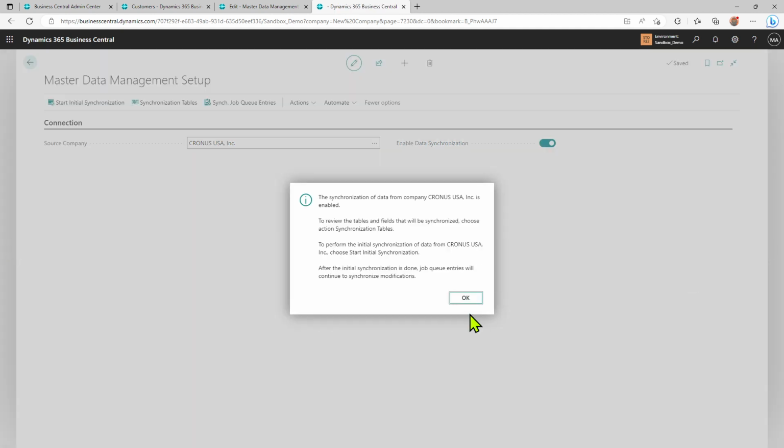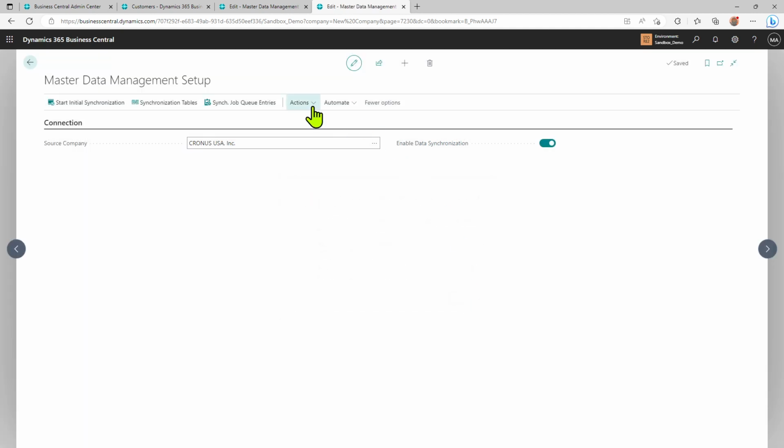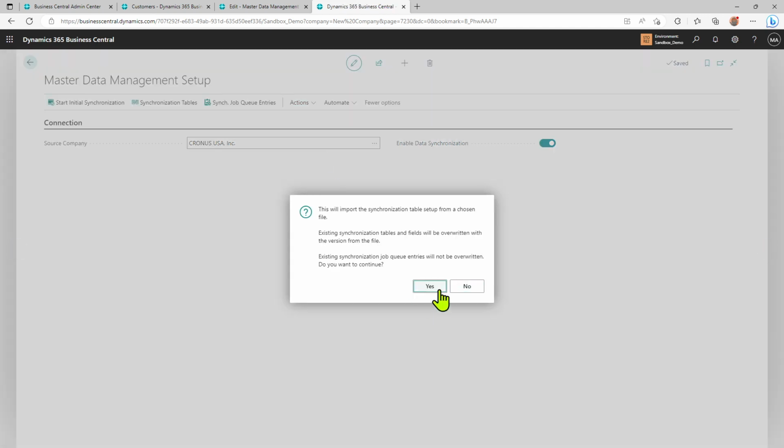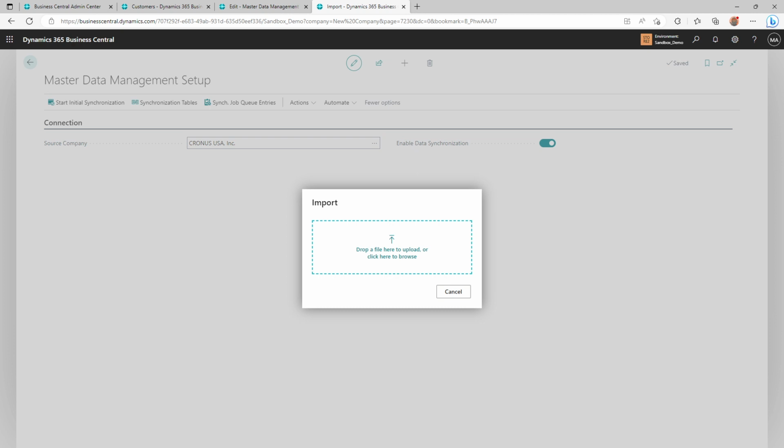And that was the second last thing. I forgot one thing. We'll come to this in a while. So I'll do import setup and yes. And let me go to my download folders and drag my file in here. As soon as I select that file, it'll start reading it and it'll build all my setup the way I